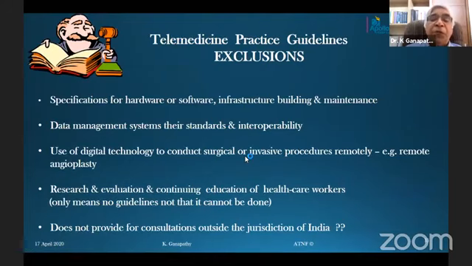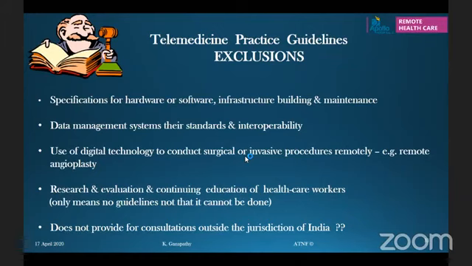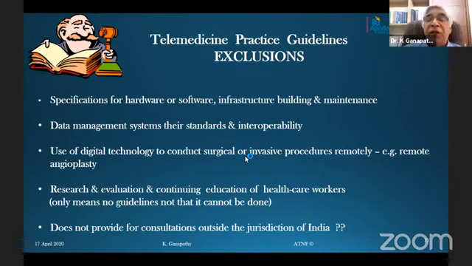One thing which the government has made very clear is that as things stand today, it is illegal to conduct any telesurgical or tele-invasive procedure remotely. A couple of months ago, you must have read in Gujarat, an invasive cardiologist